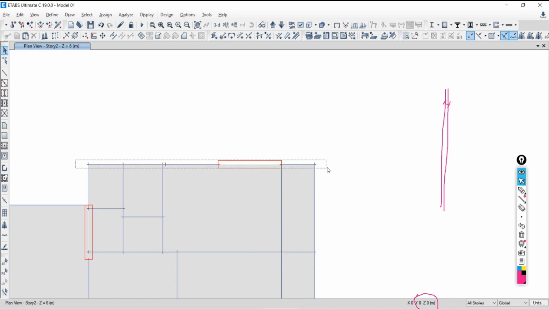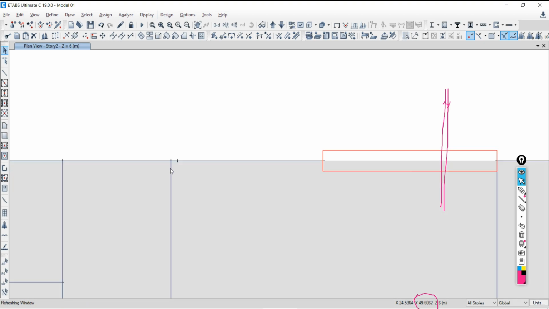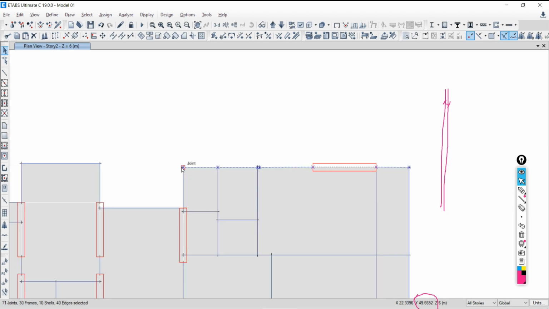Let the joint be selected and the frame be selected, and define any one point to be correct. So I'm going to decide this one. Do we have to align about y or about x? About y. So just select this.